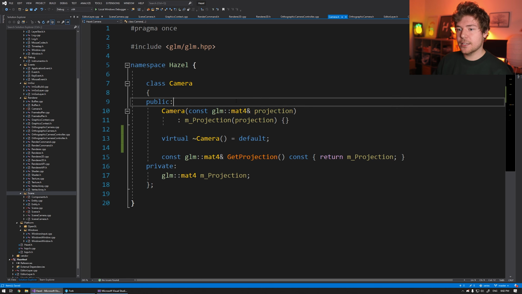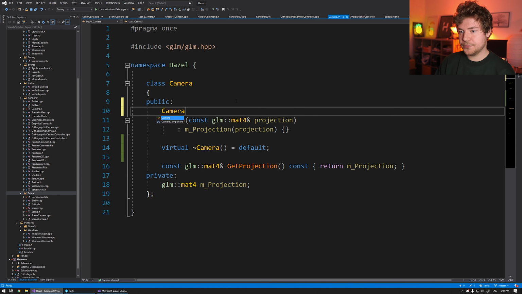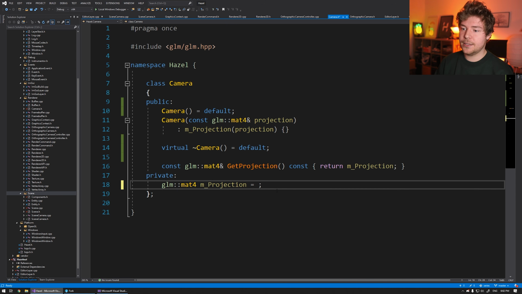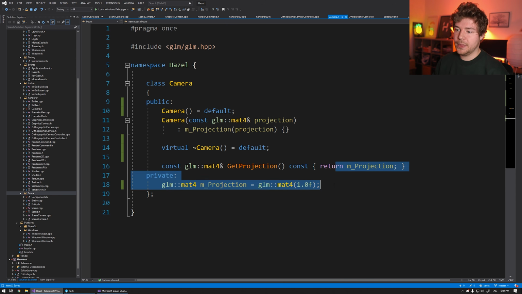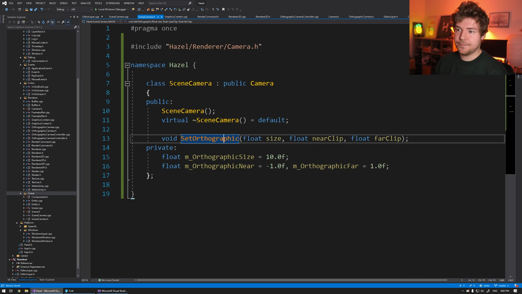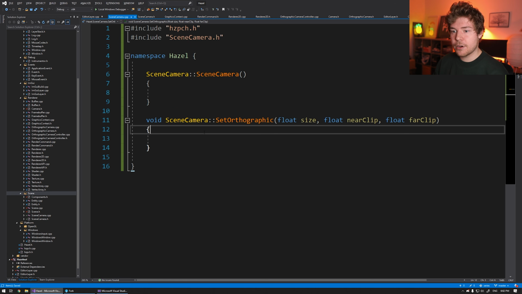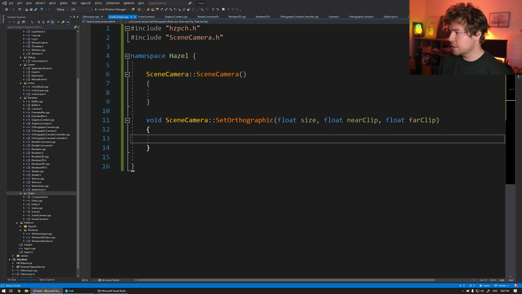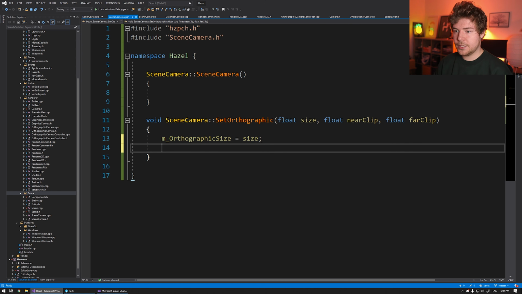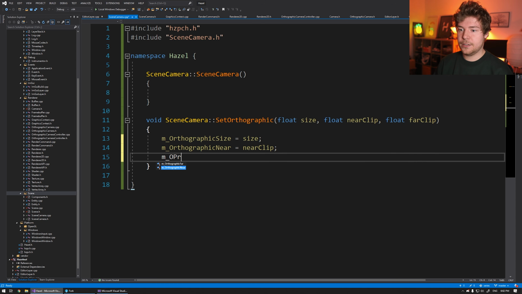Okay, let's do this. Inside this camera class, let's add a default constructor. So it's possible to create a camera without a matrix now, but we will make sure that we set this to be a GLM mat4 that's initialized to an identity matrix if that's the case. That way we can create a scene camera without anything, and then you would expect to call setOrthographic on it, and setOrthographic is the thing that's actually going to do orthographic size equals size, orthographic near equals near clip,